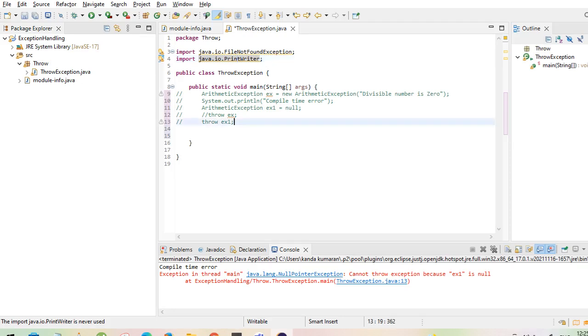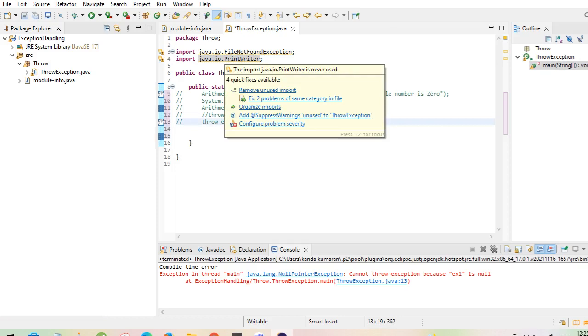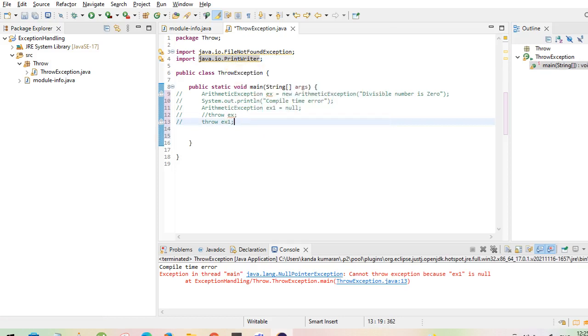So if I create an instance of this particular class, by default I'll get an error, because we need to pass the input path of the file location. Sometimes the file may not be available at that time, and we'll get a FileNotFoundException. This kind of exception we need to handle. Without handling the exception, you cannot proceed further. So let me show you that.